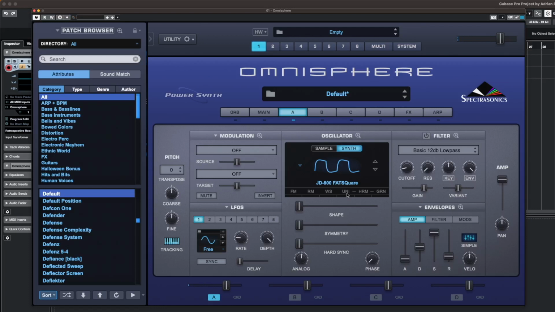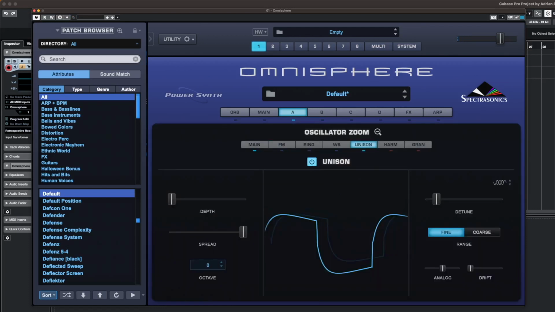Now I want to put some unison on, just to thicken that up. I'll just bring the depth up a little bit. I don't want it to spread too much. So I think that's enough. That's enough there. Right, and then we go back to